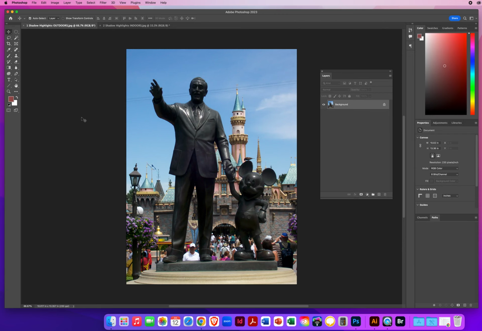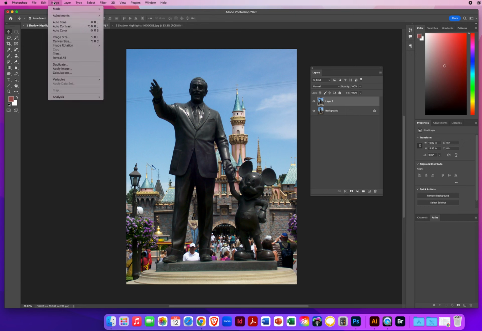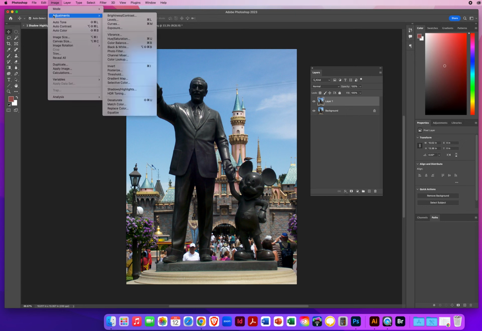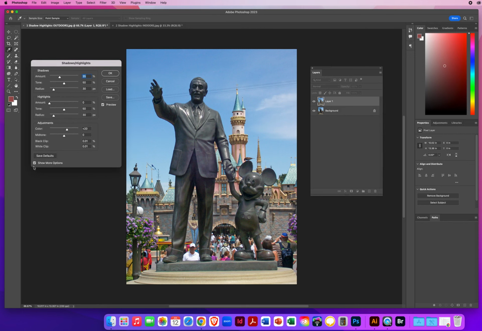And again, the first thing you do is do not work on your original photo. I'm going to hit Command J on my Mac or Control J to make a copy jump to another layer. And then I'm simply going to go to Image menu, Adjustments, Shadows and Highlights. Watch the detail of Walt's face right here. Now I can see everything. That is amazing. So when you get this window, I always want to make sure I click Show More Options,